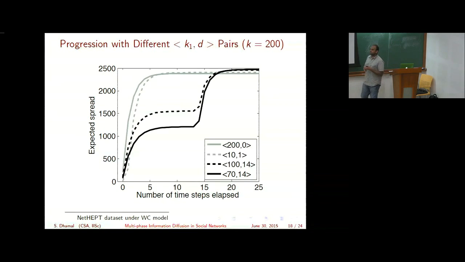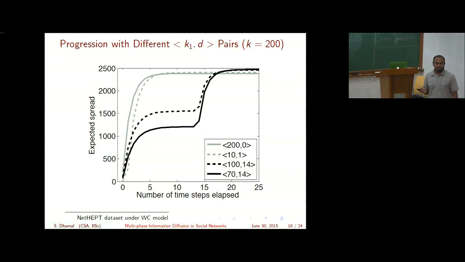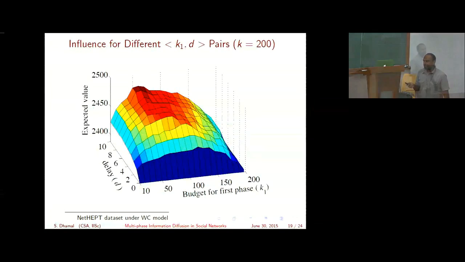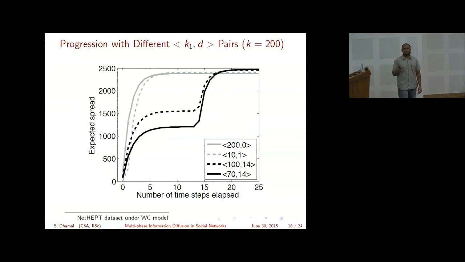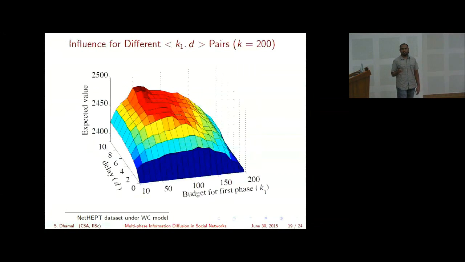So it kind of squares the number of Monte Carlo iterations. Because of that, we cannot study the diffusion on large data sets. So we only consider a 15,000 node data set. It's very difficult to go beyond this if you want to study the diffusion, but this is structurally very similar to most network data sets. So this is the kind of graph that we have for budget split and delay.